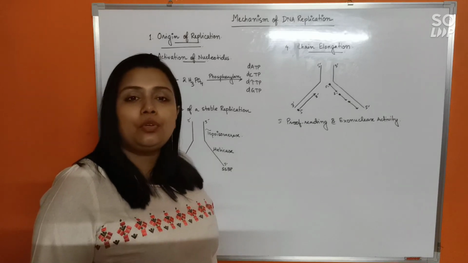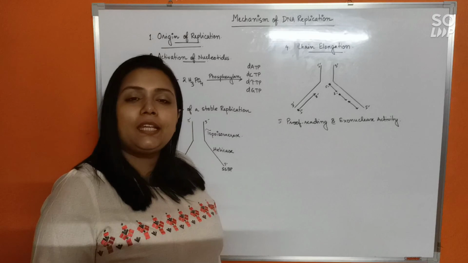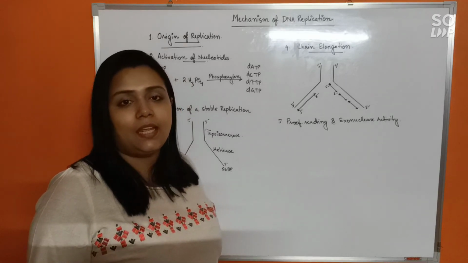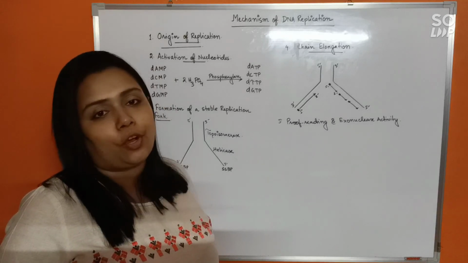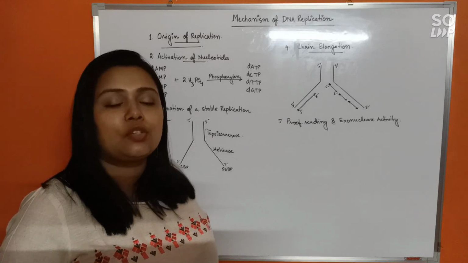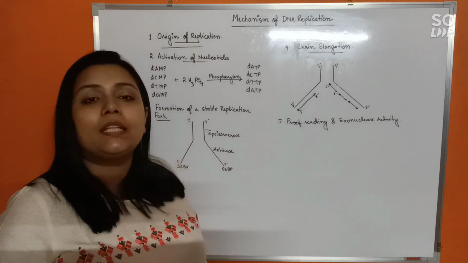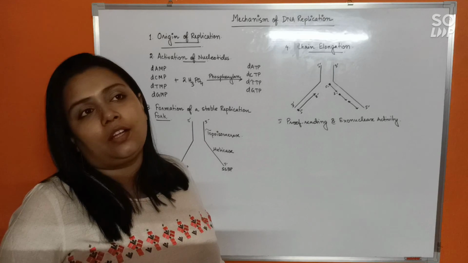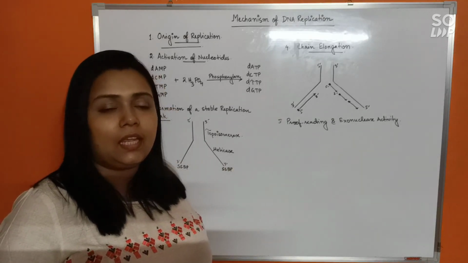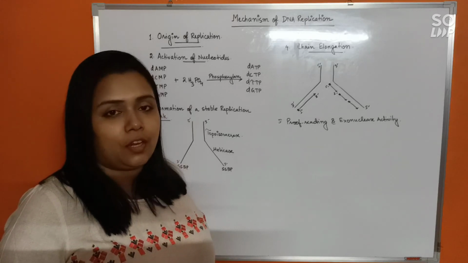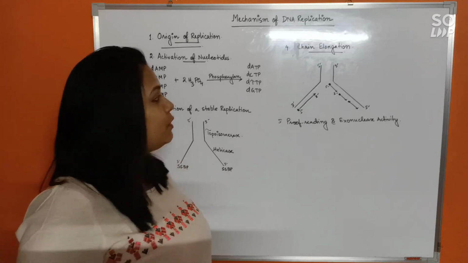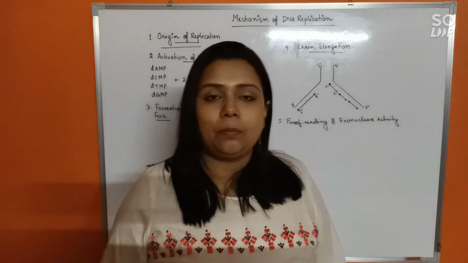But do remember, even after this, a little bit of errors would still remain in the newly replicated DNA, and that leaves the space for us to evolve. If the entire process of DNA replication had been completely accurate, then there would have been no place for us to evolve. So minute errors in the DNA in very small amounts allow variation and leave the scope for evolution. Alright, so this is the entire mechanism of DNA replication.